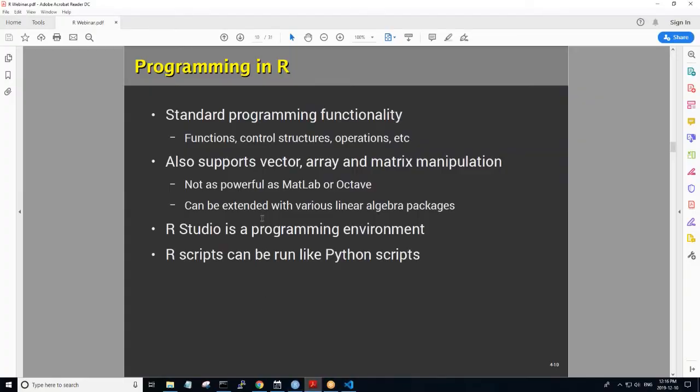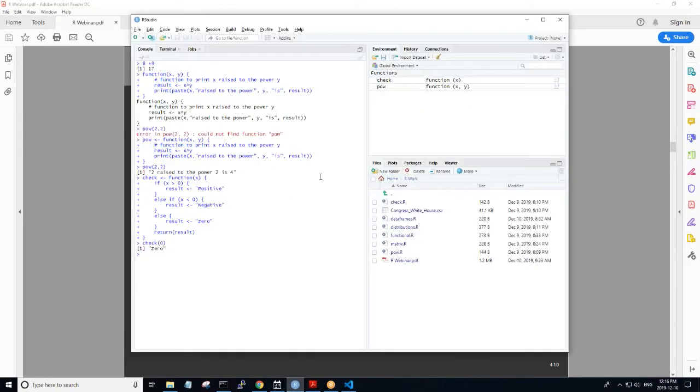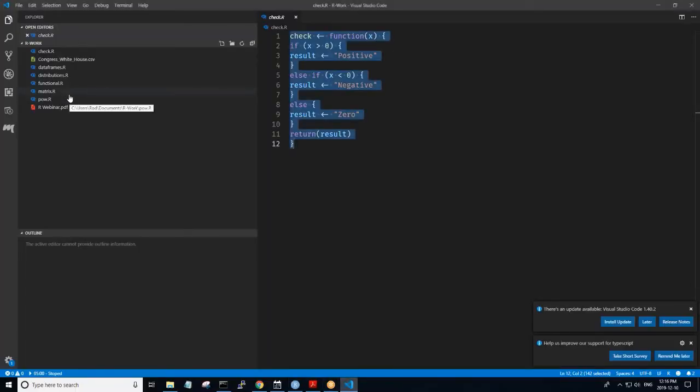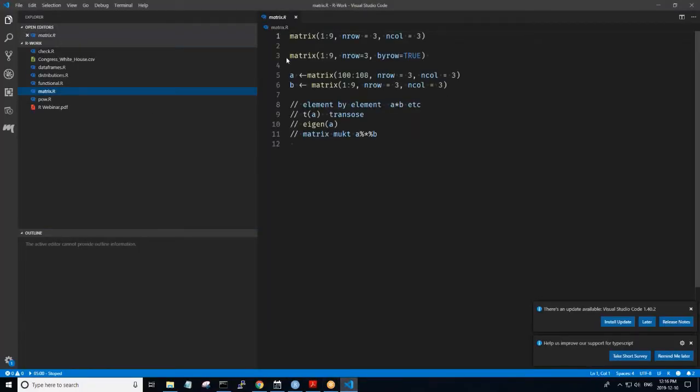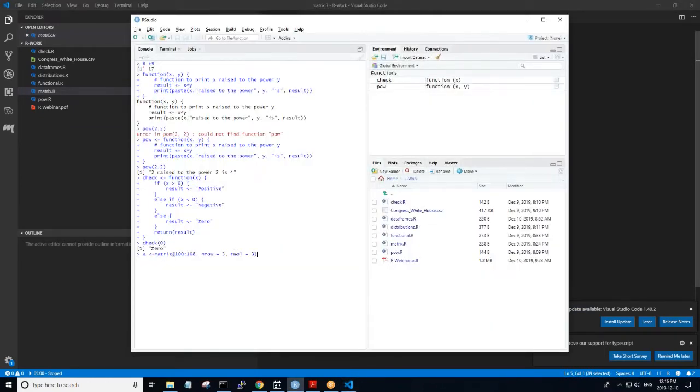We also have various kinds of vector and matrix operations. Let me pull that up here. For example, we can pull up a lovely little matrix here, and we can print out our matrix.